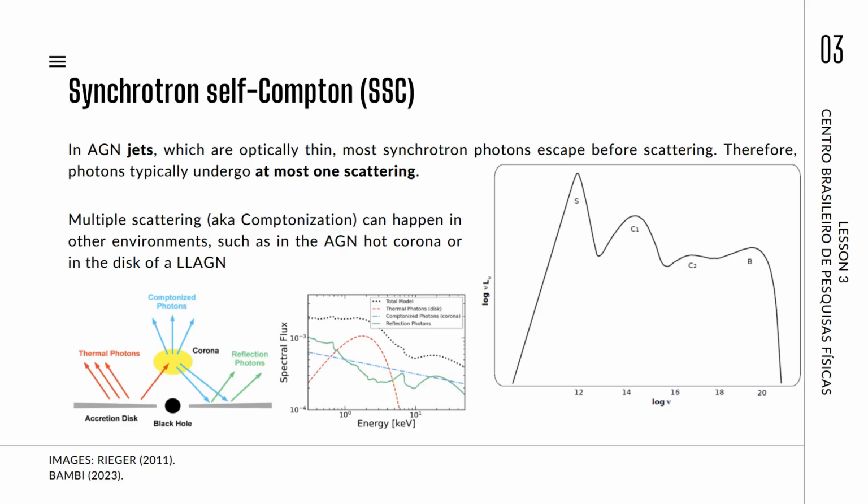To give you an idea, this red curve here is the thermal spectrum from the disk. This blue power law here is the Comptonized spectrum, which means the spectrum multiple times scattered. And on the right, this plot is an example of the SED of a